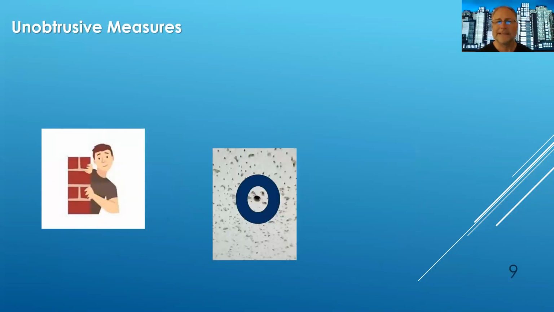Another way of collecting data for doing your research is what's called unobtrusive measures. And yet again, the title will kind of tell you what it is. You are not intruding in the environment that you want to find out and gather information from. So, for example, you might hide behind a wall or hide behind a bush. You might install some type of a hole in a ceiling panel, or maybe even a camera that's not visible